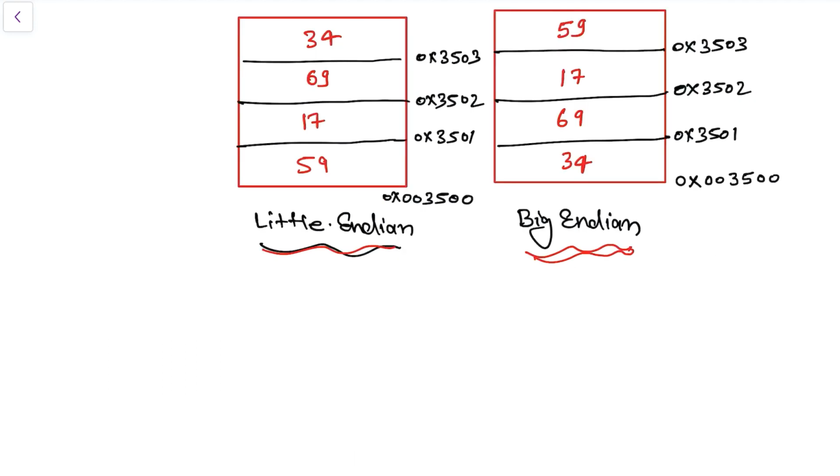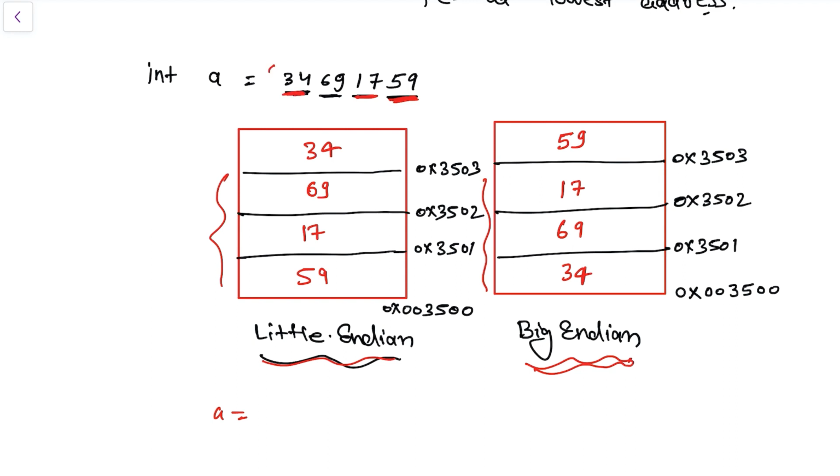So the question comes here: what is the advantage and the disadvantage of having little Endian and big Endian? Okay, so let's say we decrease these numbers to only, let's say, a 3 byte number. So only a 3 byte number, and let's represent that in the form of, let's say, a is equal to